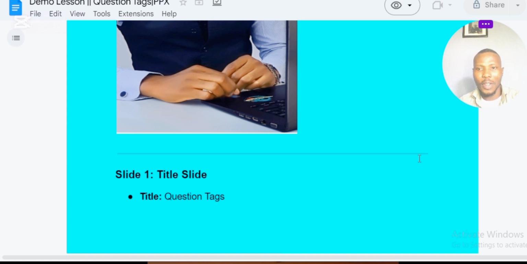What are question tags? You know, sometimes when you discuss with someone, maybe your mom, your brother, or sister, or anyone, or even a friend, sometimes you need to confirm if they got the idea you're trying to communicate. For example, I could tell you, Jim, do you understand this? Or, Jim, you do understand it, don't you? You see that? You do understand this, don't you? That don't you is a tag.